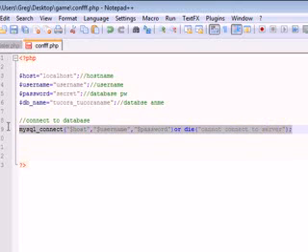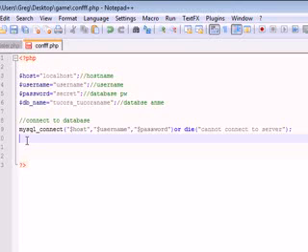Now that we connected to the server, we need to select what database we want to connect to. So the built-in function for this is mysql_select_db. This selects what database we want to connect to, since whenever we're on our server, we might have a bunch of websites with a bunch of different databases, so this says what database we want to use. For this, the parameter it takes is the database name. So let's go ahead and put db name,